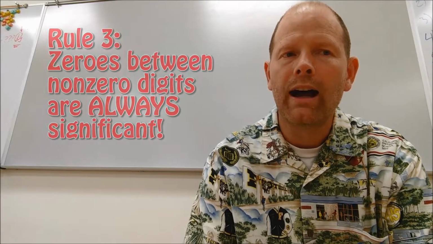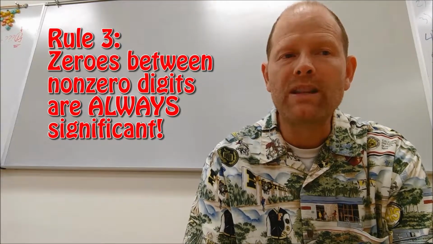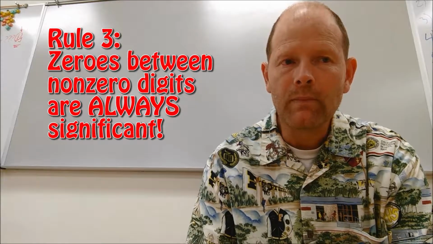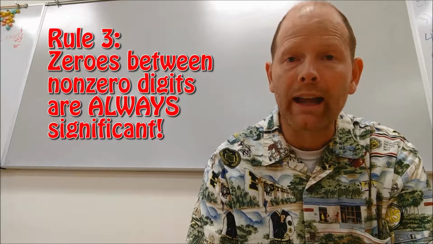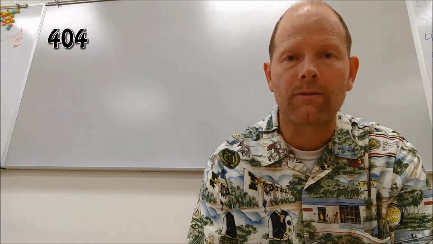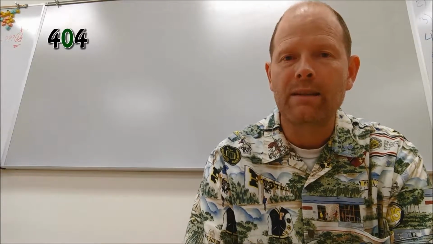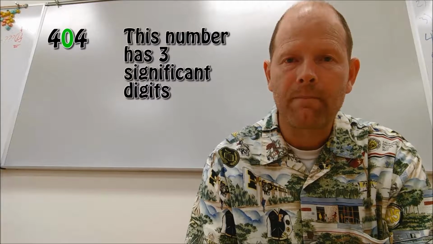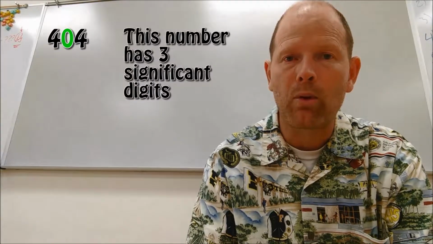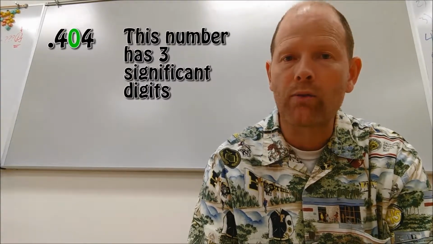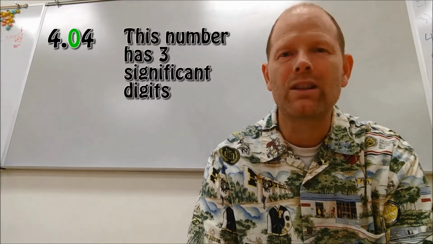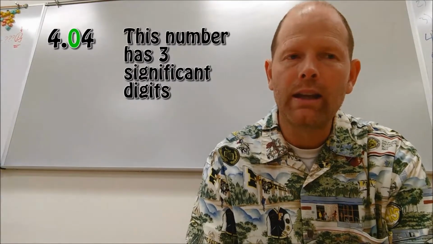Next rule, third rule: zeros between non-zero digits are always significant. So if we take a look at a number like 404, the 0 is in between the 2 4s. The 4s are the non-zero digits. It's in between, and so it's always going to be significant. Same thing, doesn't matter where the decimal point is. If it's 0.404 or 4.04, the 0 is still in between the 2 4s, and so it is significant in